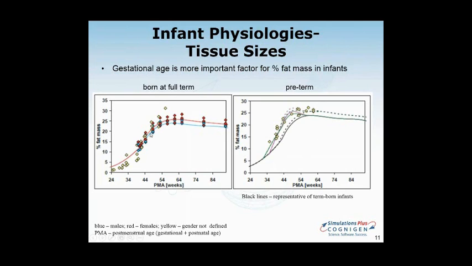for full-term born babies, the blue line for boys, the red line for girls. The yellow shows data from studies where the gender was not specified and which only had a general percent fat mass. And those curves, the blue and red, are shown as the black curves here on this plot, and you can see that the preterm babies born premature would have a bit higher percent body fat for the same postmenstrual age as their full-term born controls. So this is also accounted for in the algorithms when you are generating the physiologies in GastroPlus.